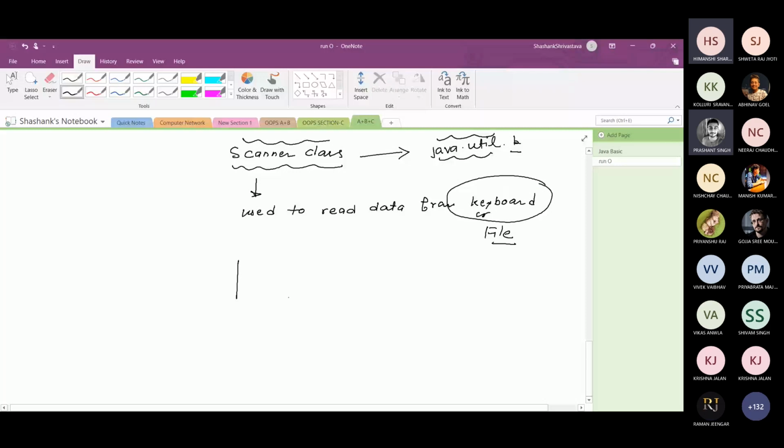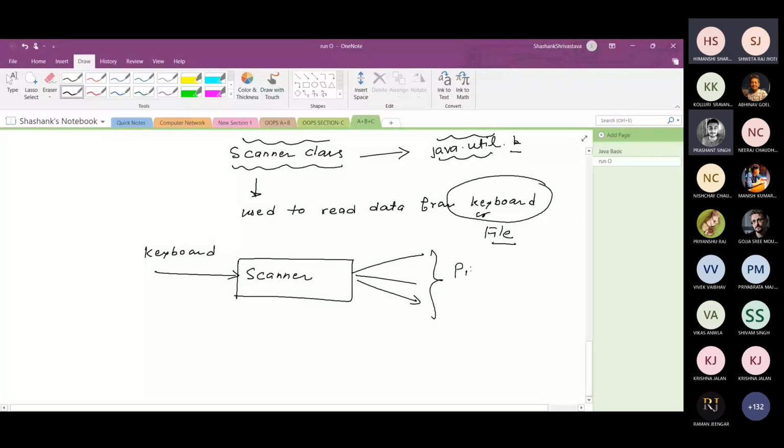Scanner class takes the input from the keyboard and breaks that input into various pieces, which are called tokens. Then it reads those tokens with the help of certain methods. Methods are the whole game of a class: just create the object of the class and call the methods.